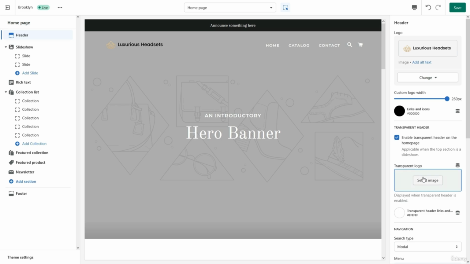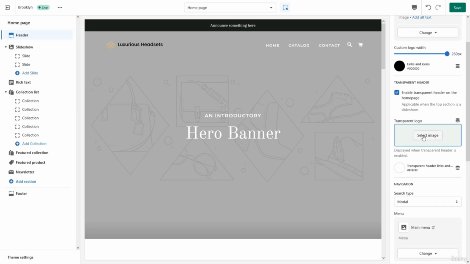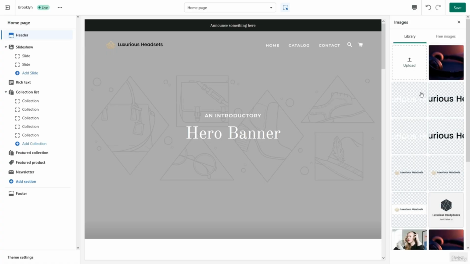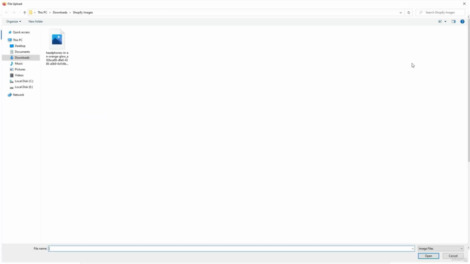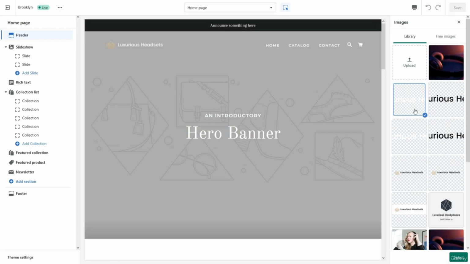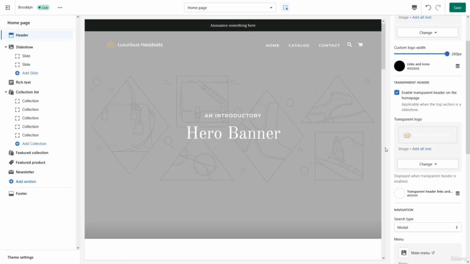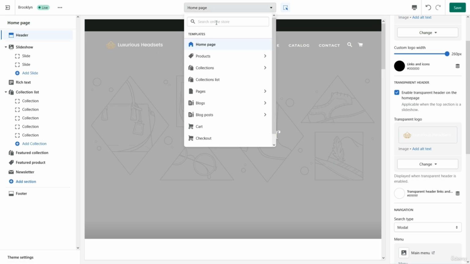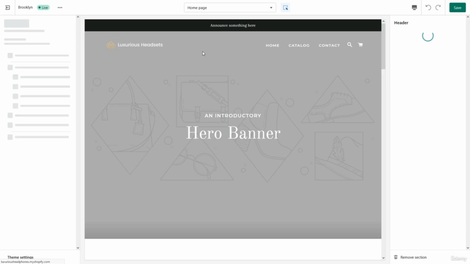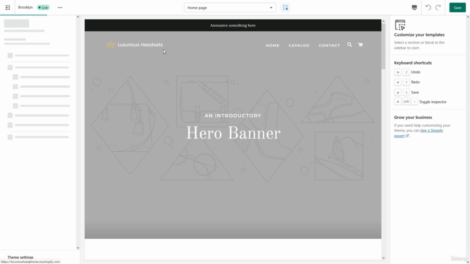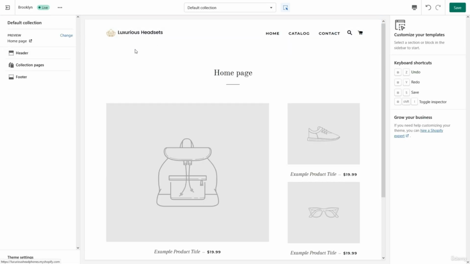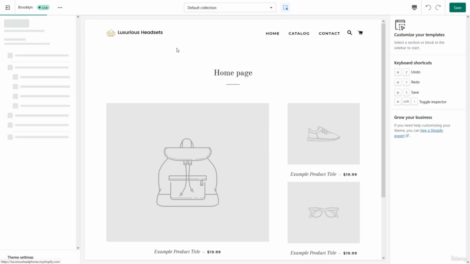Now, I also want to add a white version of this logo right here because when I have a background image, it should become white since it will stand out a bit better. So go to the left side of the page, scroll down, and click on Transparent Logo from the drop-down menu. Then select Image and upload the white version of your logo. Simply click on Open, then click on Select. And there we have it, because we're using a background image, the logo has now turned white. But when I go from the home page, let's say, to the collection page right here, the logo will revert to its original color, which is black and looks considerably better against a white background. So let's go back to our homepage again